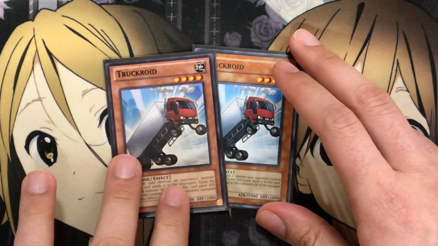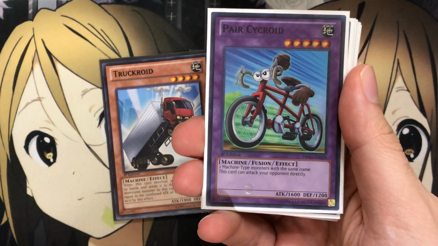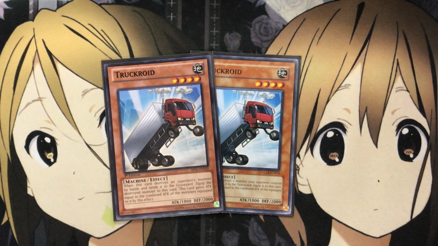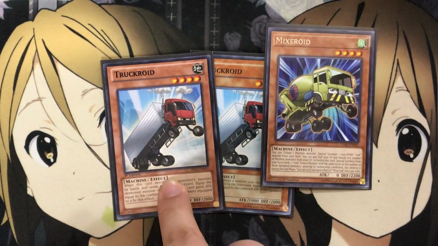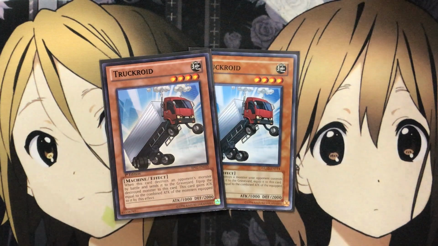but also being able to special summon it off Mixeroid as an added plus. And with these different Roid monsters, I decided to run them at 2 for the fact that one of our easier go-to fusions is Pair Psychroid, just needing 2 machine type monsters with the same name. So having multiples of the cards just helps for that consistency for that fusion play, also being able to have 2 of the same name, depending on what I have also with Mixeroid and depending on what's in my hand. Like let's say Mixeroid's on the field and I have a Truckroid in my hand, I can tribute the Mixeroid to special summon out the other Truckroid from the deck